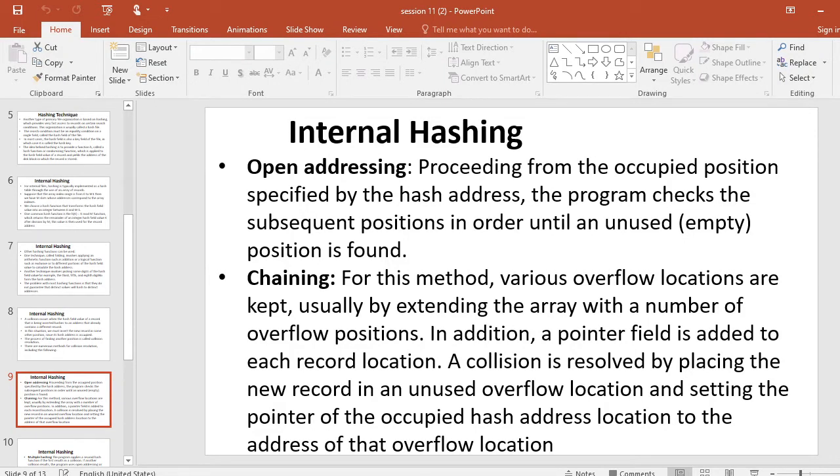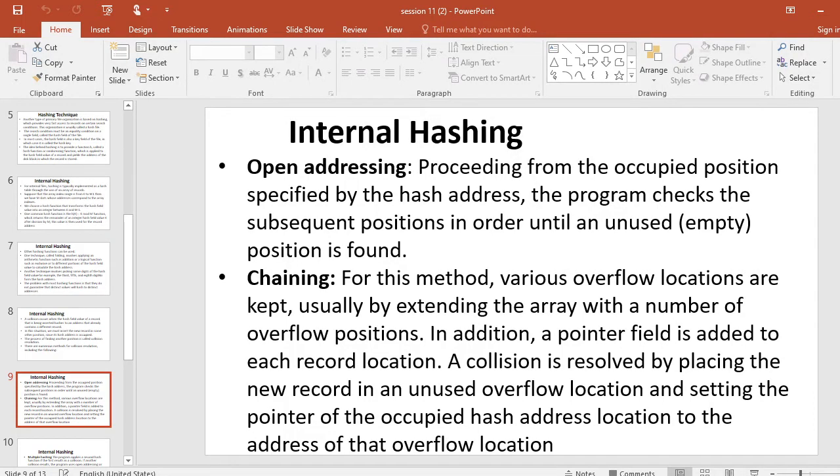One method is open addressing. Starting from the occupied position specified by the hash address, the program checks the subsequent positions in order until an unused or empty position is found. Next one is chaining. For this method, various overflow locations are kept, usually by extending the array with a number of overflow positions.